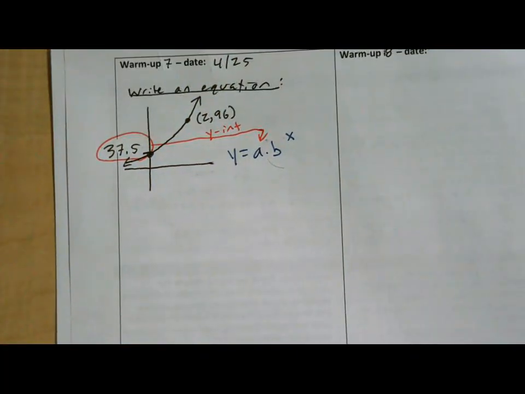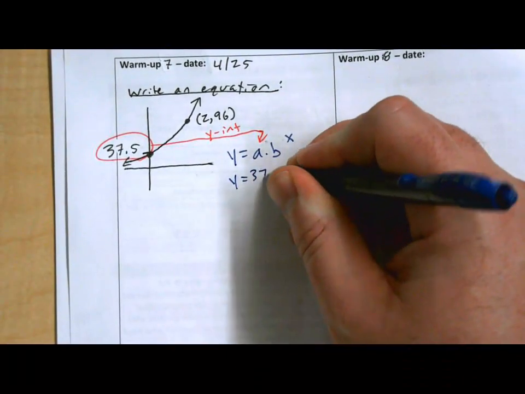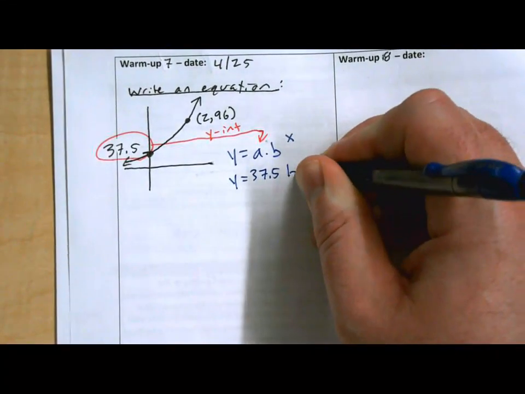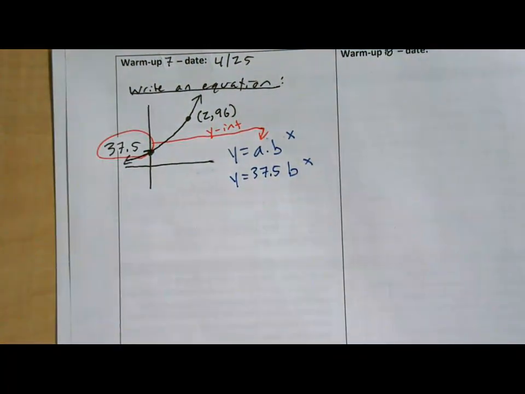So that means I can now make this equation a little bit closer to the final product, 37.5. Still don't know what B is, but that's fine. We're going to find it here in a moment. B is more difficult to see directly on the graph,